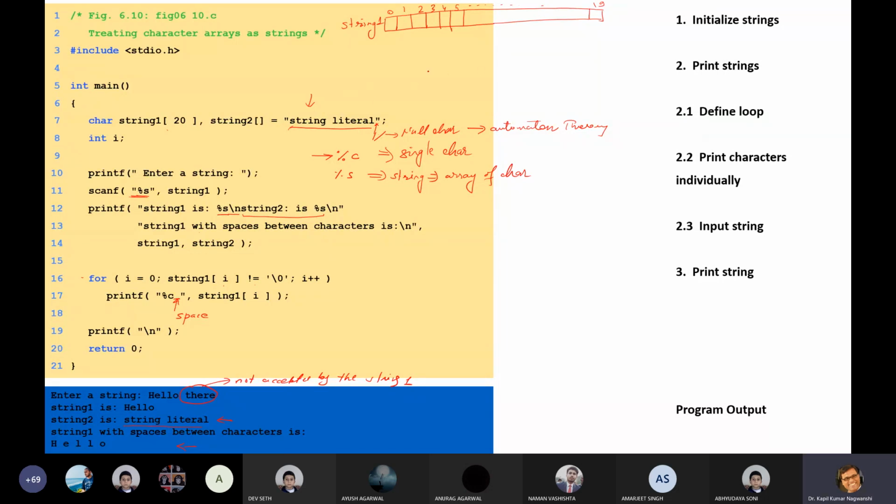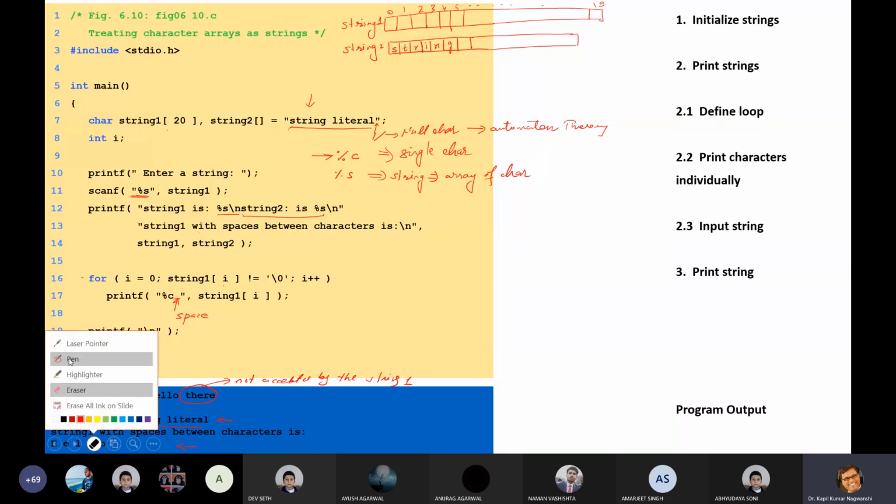Now come to string 2. String 2 determines the size automatically. String literal. And this is written in program, inside program. Okay.